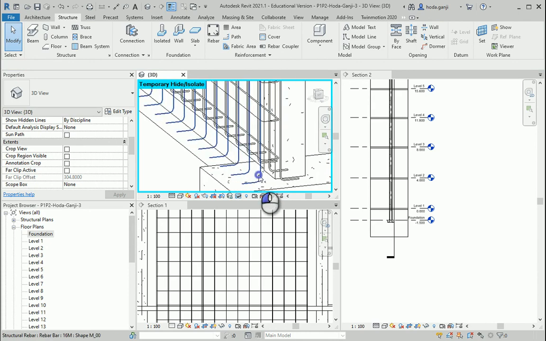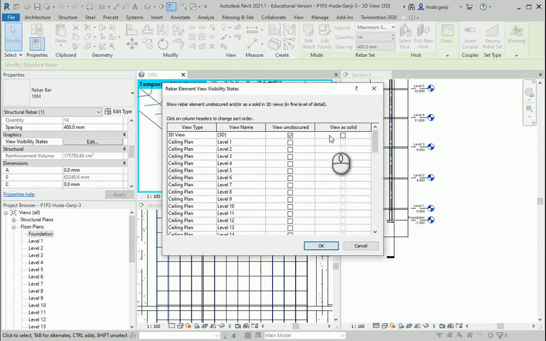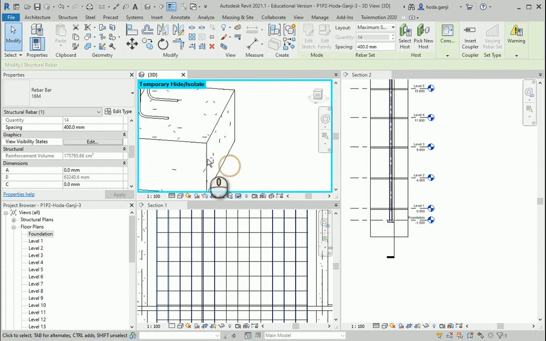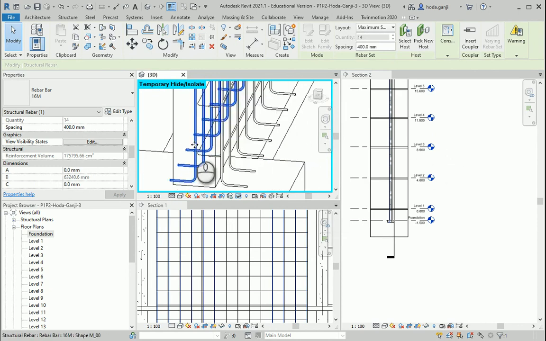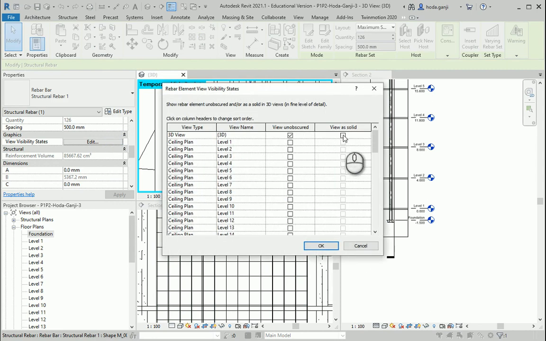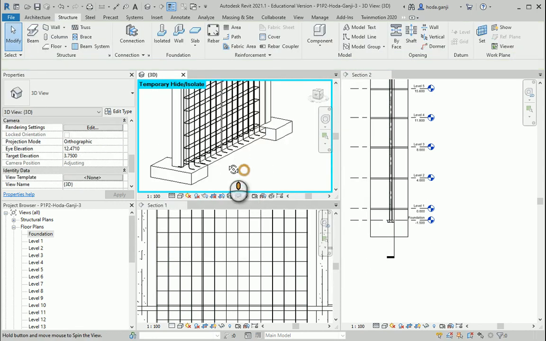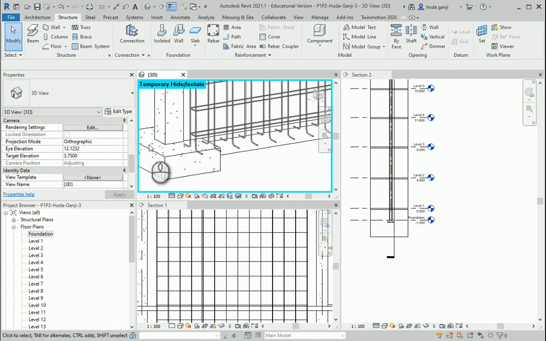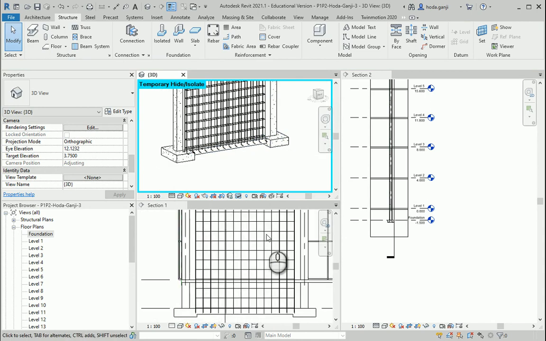For this other side, I can also change the view to solid. You might need to do this for the mirrored items. They are not set to solid automatically when you mirror them, so I'm gonna change it to solid. So this is how it's gonna look here for the reinforced concrete, and we need to do some rebarring here as well on the two sides of the foundation.